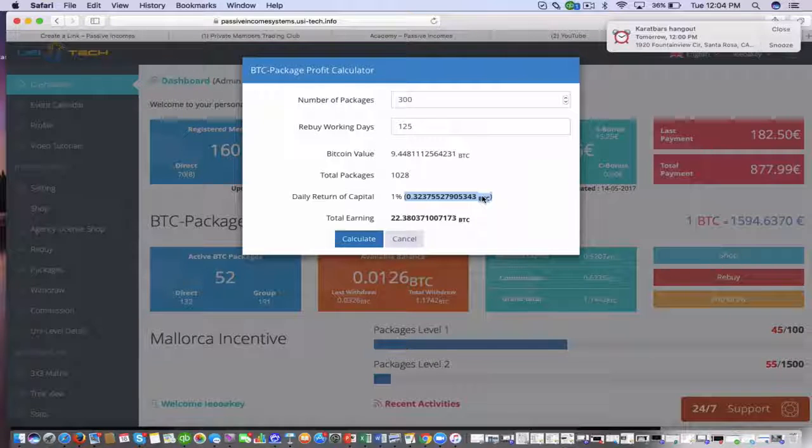So we've hit the magic mark. She wants $3,000 a month to have the lifestyle that she needs. And we've worked out that in order to do that, she's got to get to around 1,028 packages. And if she wants to do that within 6 months, then she needs to have running as soon as she can 300 packages. So the choices are either A, she buys 300 packages now at a cost of $15,000, or she starts to share and grow the business,